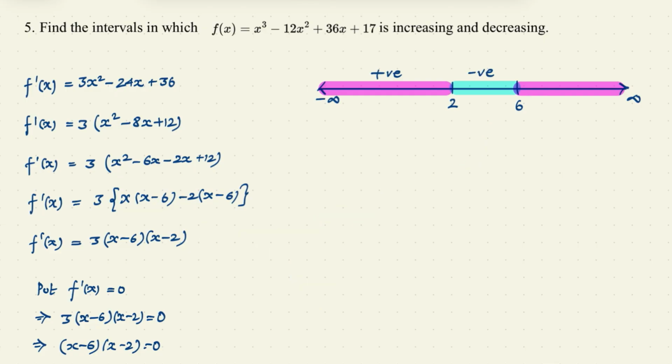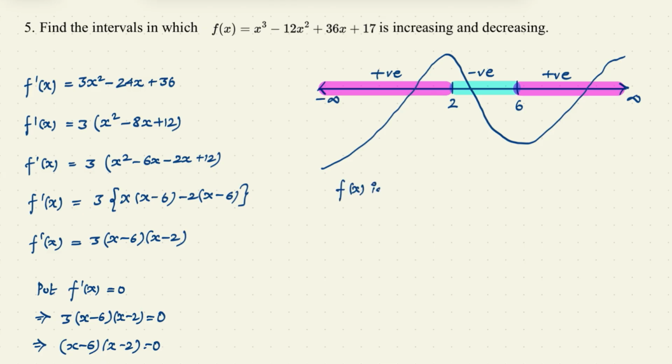Similarly, if you choose any number between 6 to infinity and put that value in f dash x, then you will surely get positive. That means this function is increasing from minus infinity to 2, and from 2 to 6 it is again decreasing, and from 6 to infinity it is again increasing. So, the question was asking to find at which intervals this function is increasing and at which interval this function is decreasing. Now, it is clear that